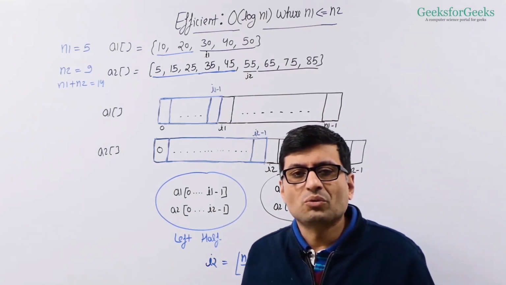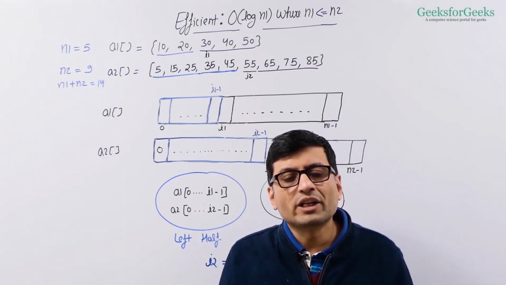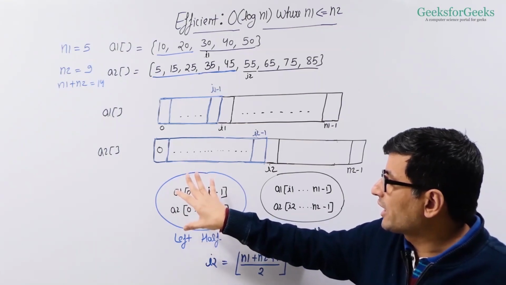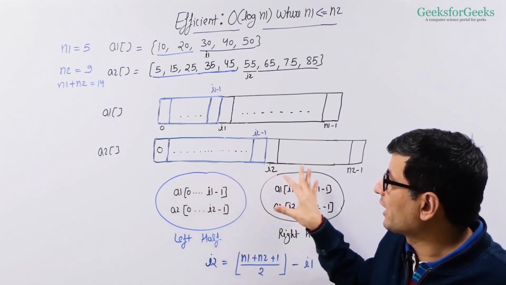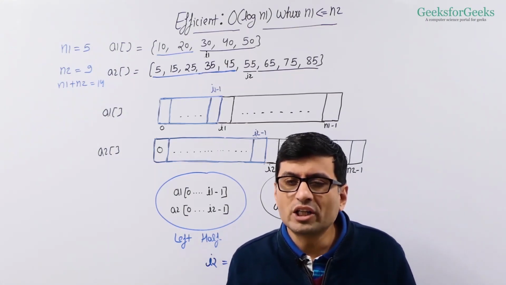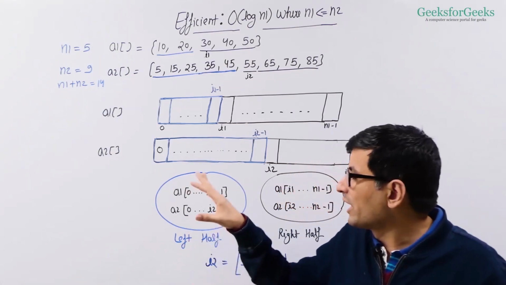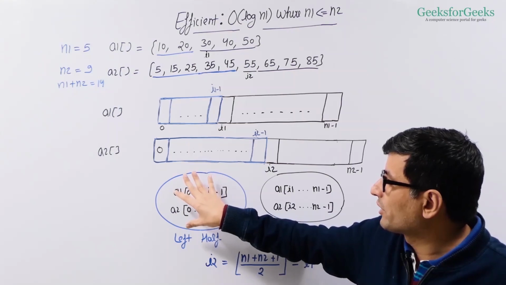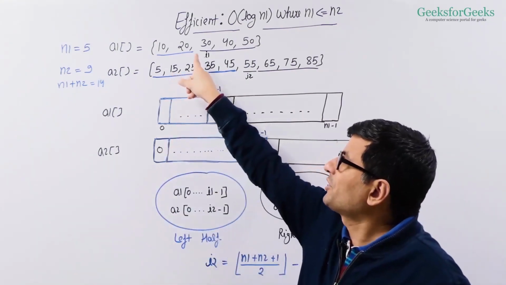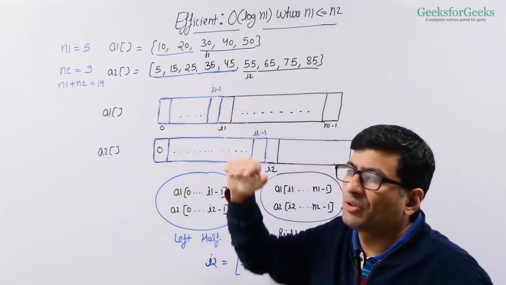During binary search, we ensure that in every iteration, the left set contains exactly half of the elements and the right set also contains exactly half of the elements. If there are odd elements, then we can have one extra element in the left half. So now we know we need to do binary search in the first array, and we need to maintain these